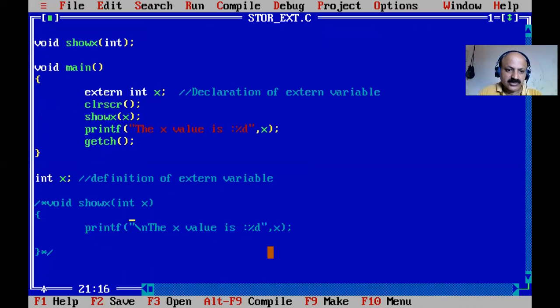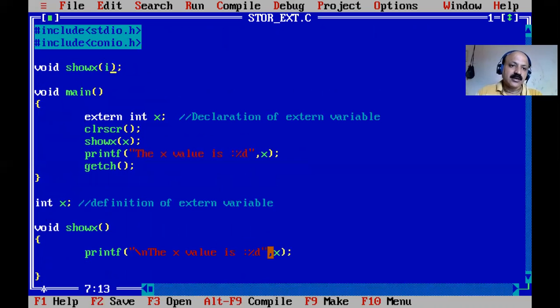Here I open this and pass one argument, calling show and passing the X value. If you do not pass it, you can also print it in the UDF, because the life cycle is global. So that is an external, global scope. The entire program, our file, has access to this X variable, because of the extern keyword.